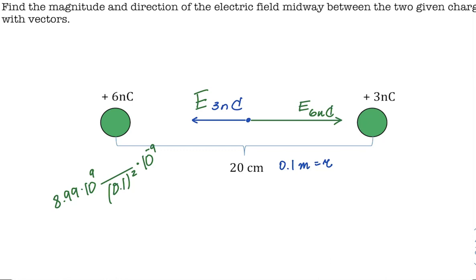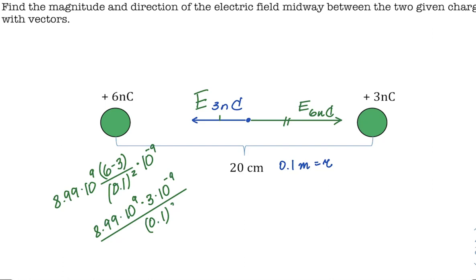And then I know that this field right here is going to be greater than that one to the left. So I'm going to end up subtracting the field to the left from the field to the right. So instead of doing it several times in a row, I'm just going to do 6 minus 3. That's your subtraction right here. And that reduces our work to 8.99 10 to the 9th times 3 10 to the negative 9th over